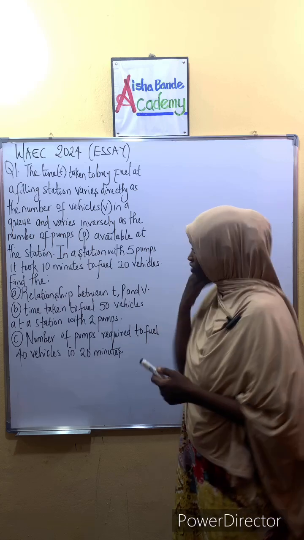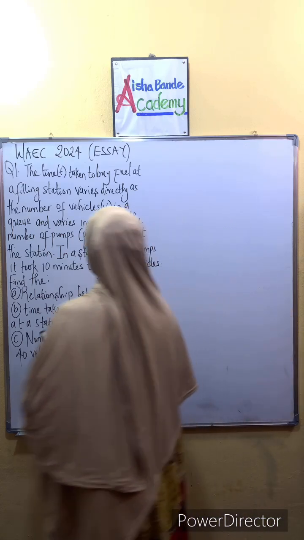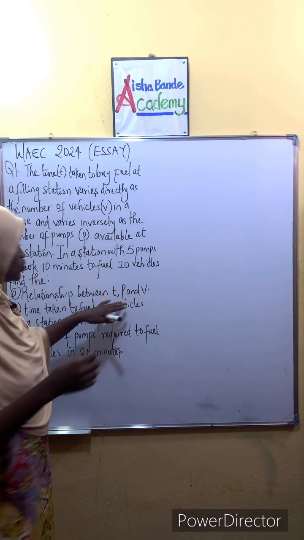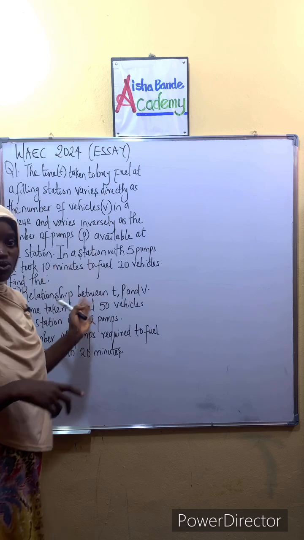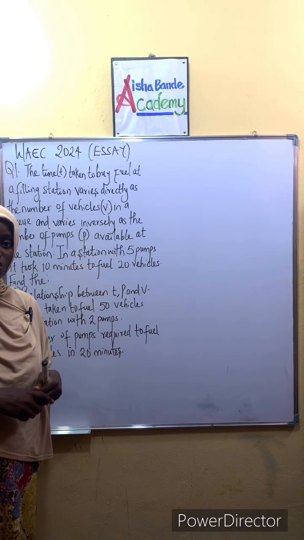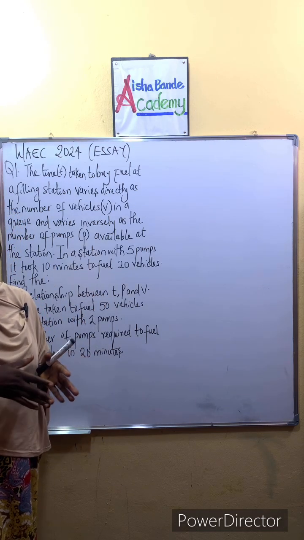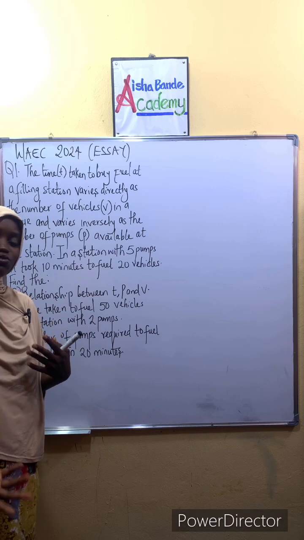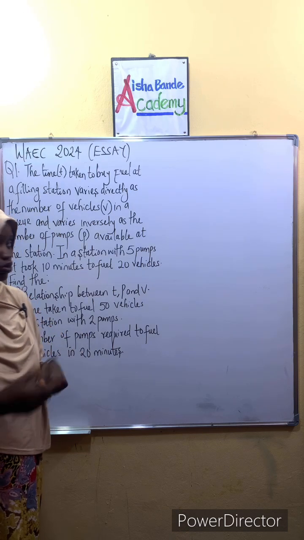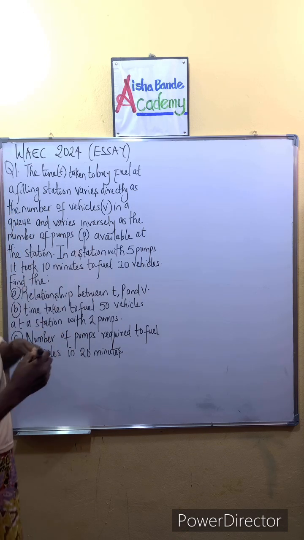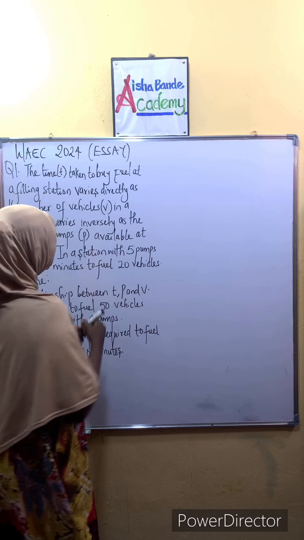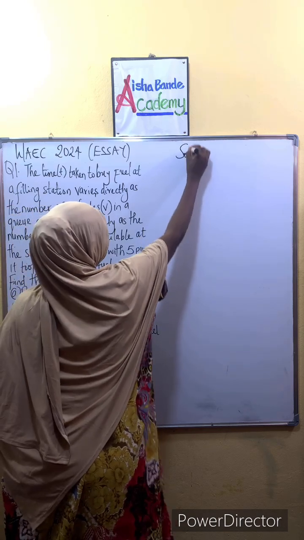So let's begin with the first one, question A, which is for us to find the relationship between T, P, and V. This question is under a topic called proportion. We have types of proportion: inverse proportion and direct proportion. So now let's interpret the question. We say the time T